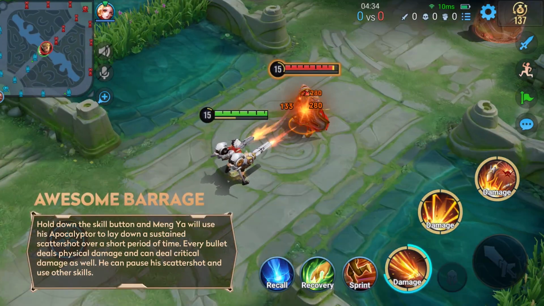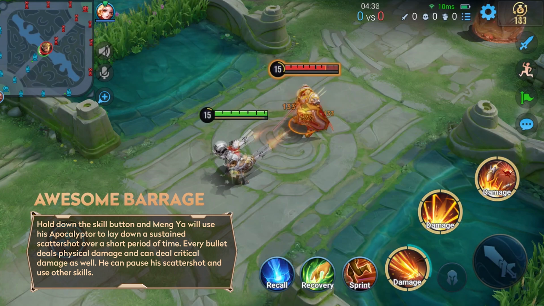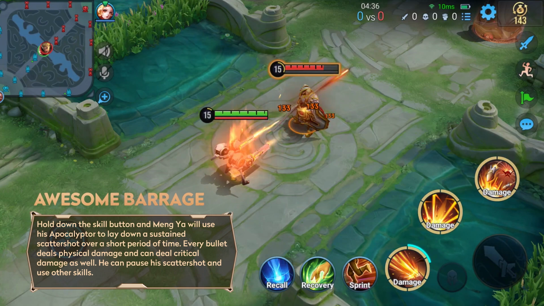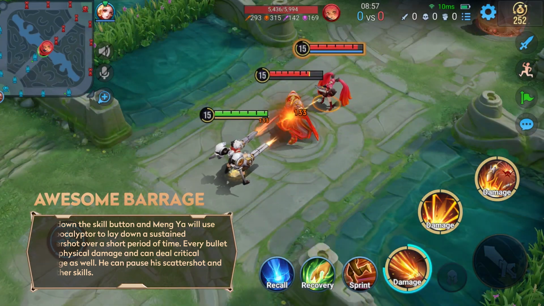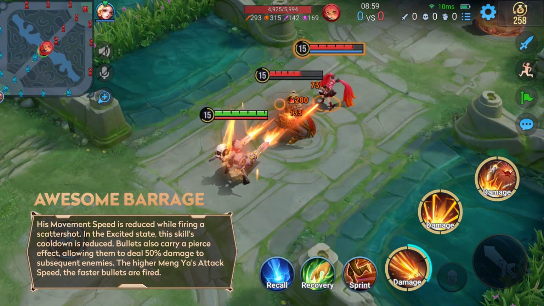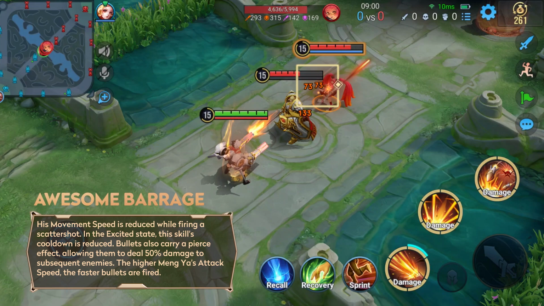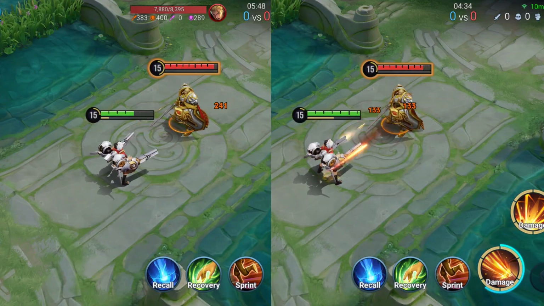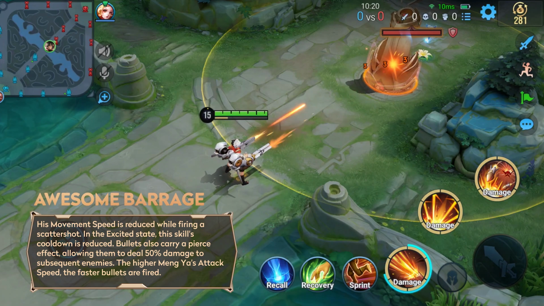Skill 1 is Meng Ya's main damage output skill. Hold down the skill button to unleash a scatter shot on enemies in the path of his bullets, dealing damage. In the excited state, his bullets are affected by his attack speed and gain a pierce effect, dealing 50% damage to subsequent enemies. This skill has a longer range than his basic attack, making it great for attacking towers from